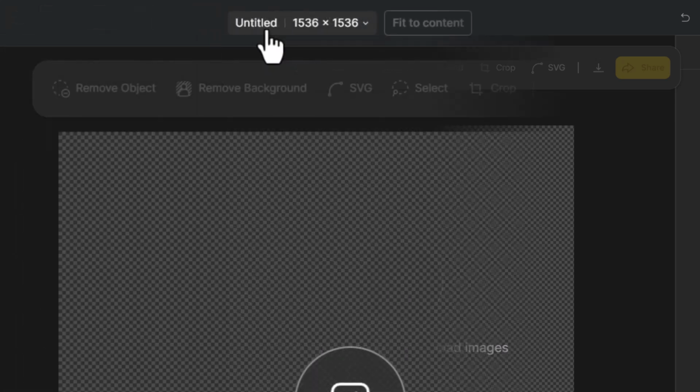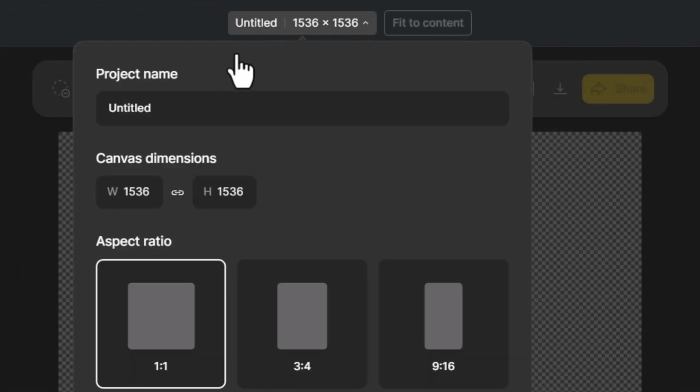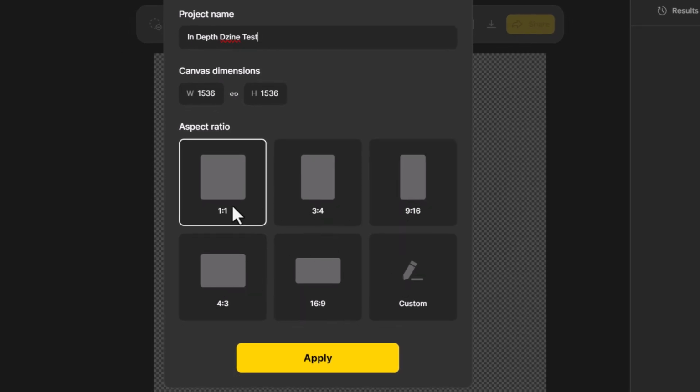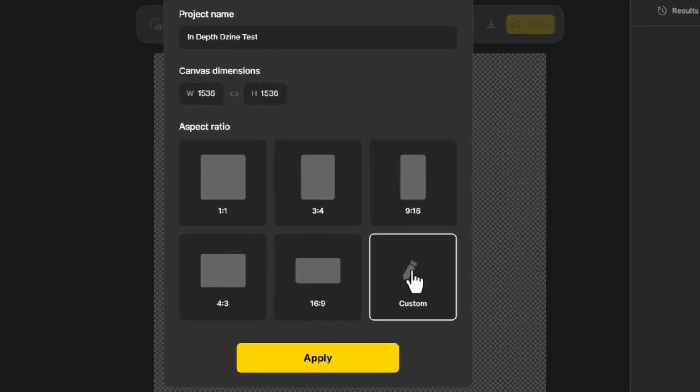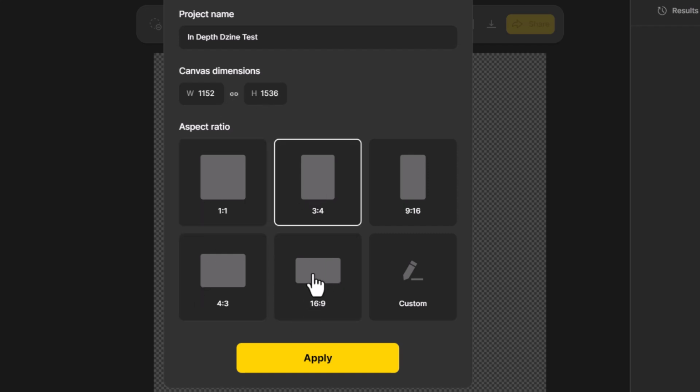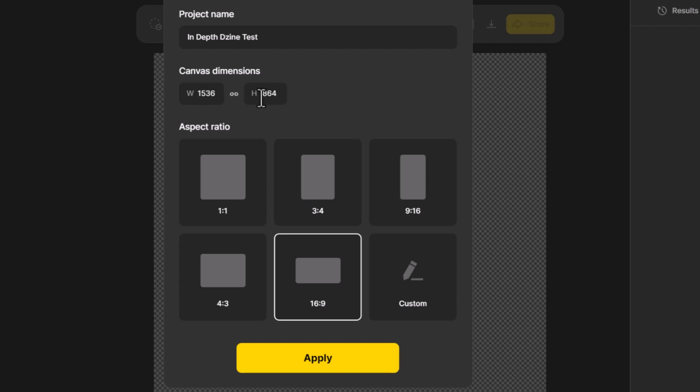But coming back to changing our project settings, so I can click on this. I can change the name, so I'll just call it in-depth design test. I can change the dimensions, but first I might change the aspect ratio. I can go to custom if I want to create a custom aspect ratio here. So I can go something like 1920 by 1080, which is 16:9, but I can just click through and find one. Now, yes, the dimensions change as I change the aspect ratio. You can put in custom dimensions, but there is a bit of a limit on how high you can go. But I've got 16:9, I click apply,